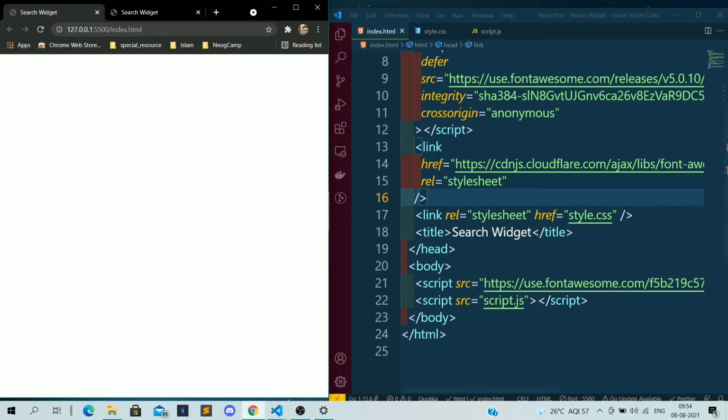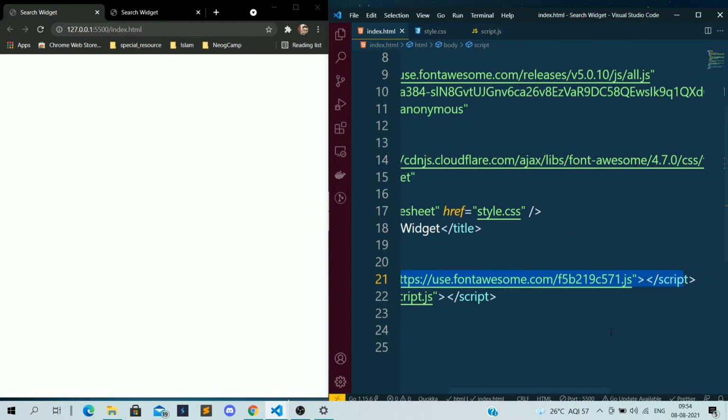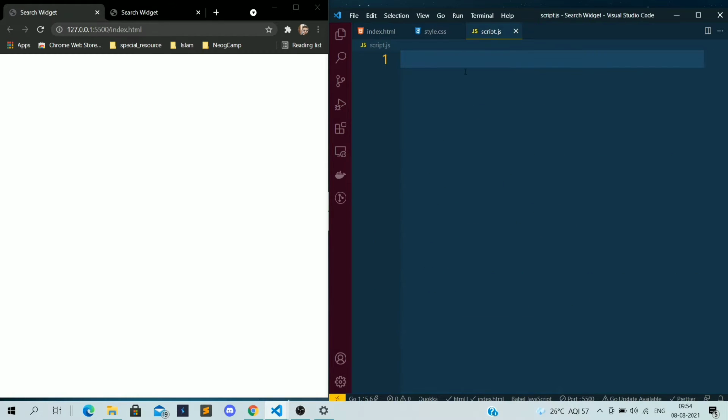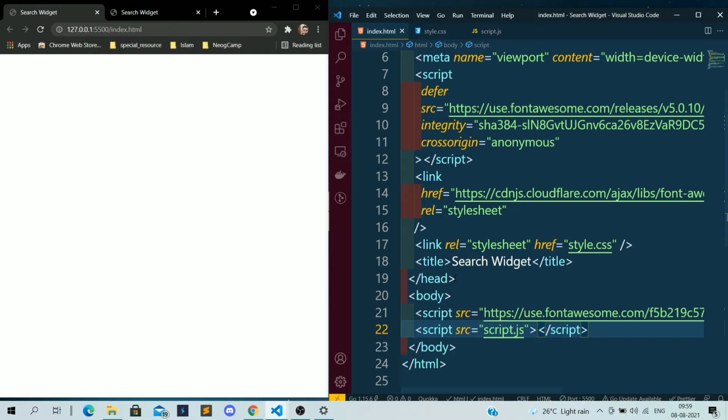Then again I'm adding the script for Font Awesome, and below that I have added the script.js file which I've created here. Nothing is there in style.css. Yeah, we will start making this website.